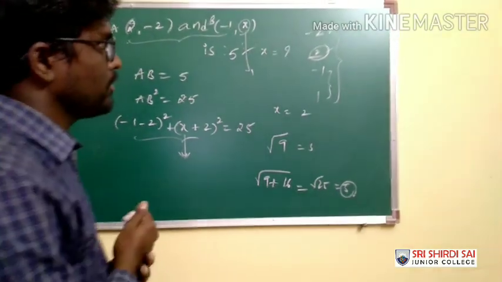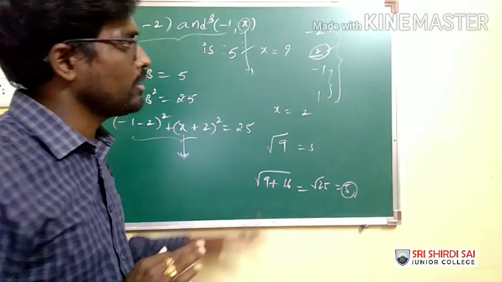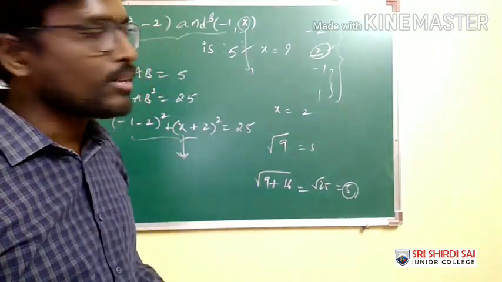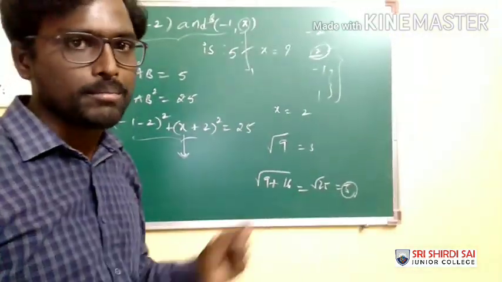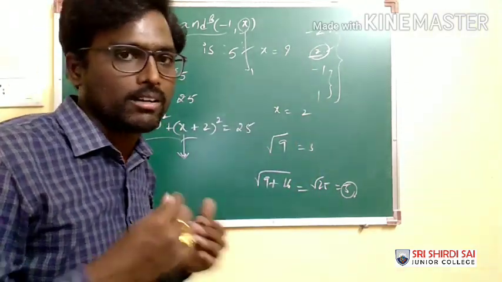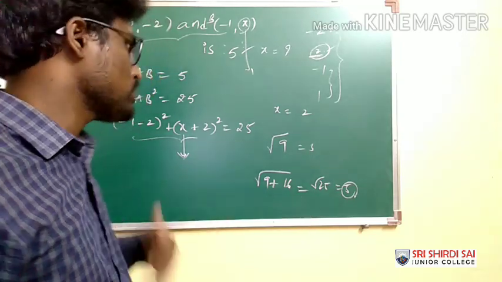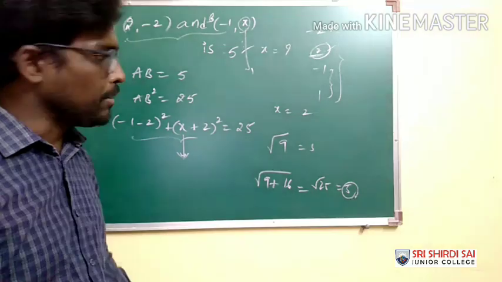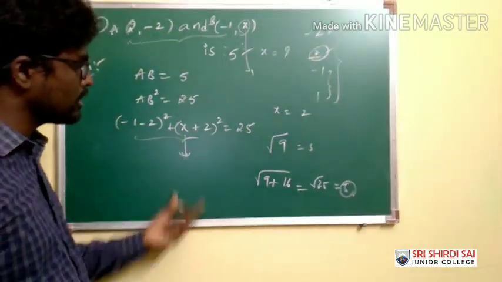You may ask me, sir, testing every option may get complex. I'm telling you, here you have integral values. If you are good at calculations, you can close the verification very easily and quickly. If you have any irrational terms, I don't suggest it because the calculation becomes tedious, so don't go for that. Then simplify the question in the general manner we have done, and the value x equal to 2 can be obtained by solving this scenario.